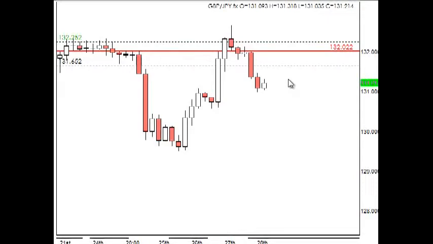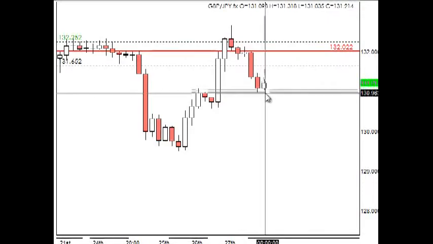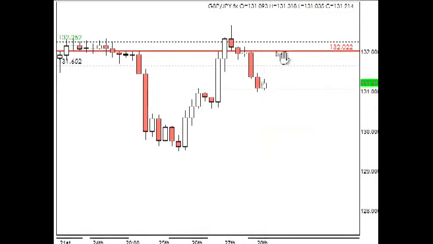It did, however, drop right down to the 131 psychological level, which is around about here. Now, I would have probably closed this out around about the 131.10. If you read my free ebook, you know that psychological levels play a major part in my method. I like to exit at psychological levels as the price tends to always have trouble breaking through them cleanly. So my exit would definitely have been around about the 131.10, just a little bit before we'd reached the psychological